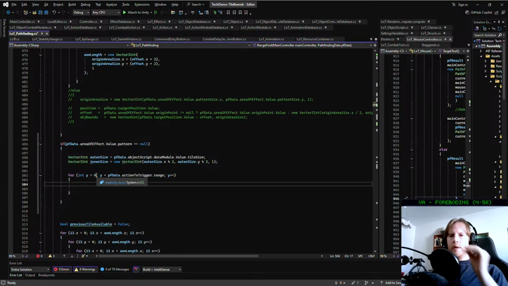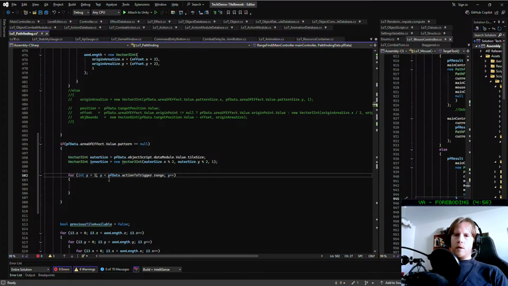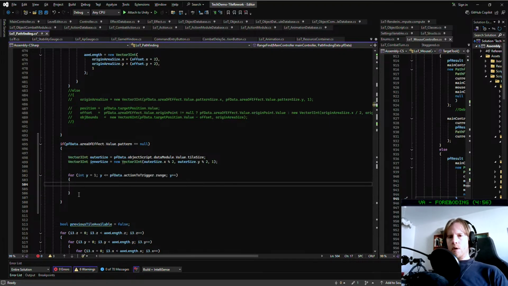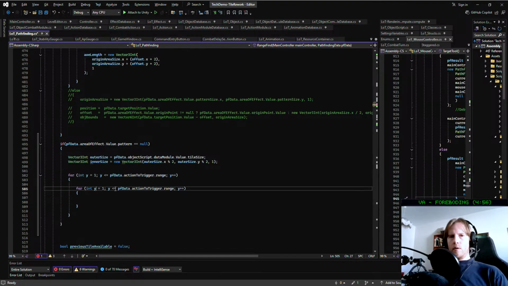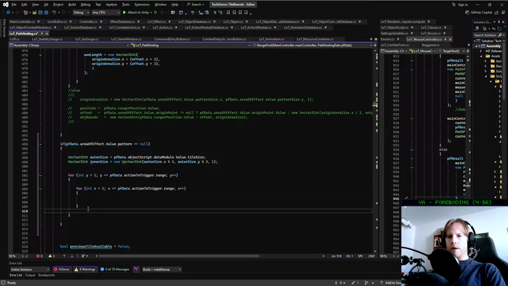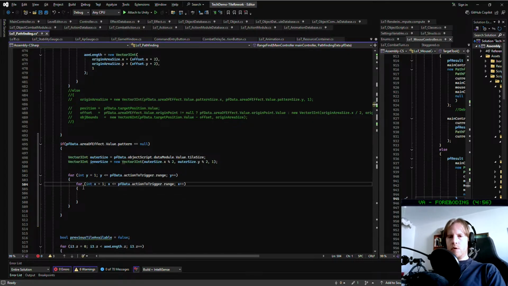It should start on 1 and it should be less than equals 2. And then this is X. So this is checking the actual range. And then